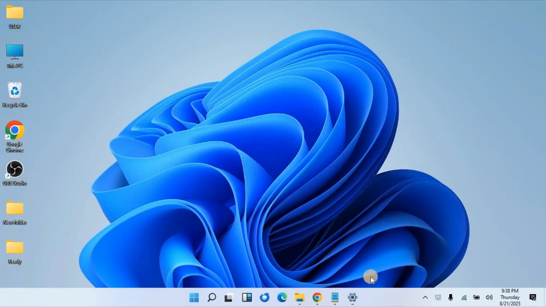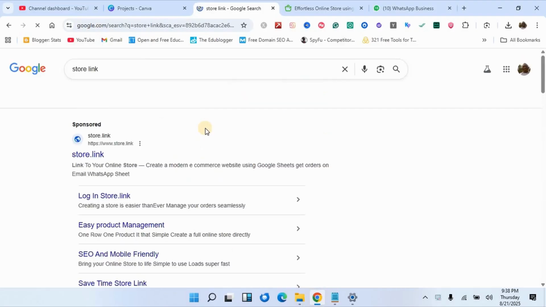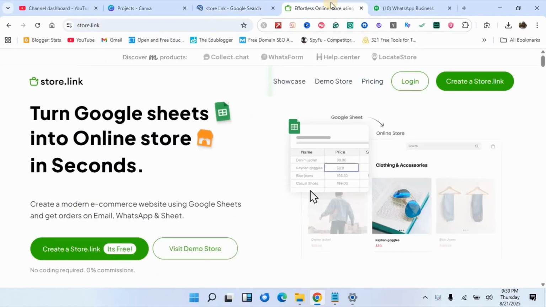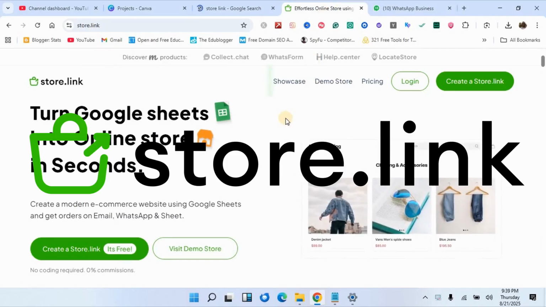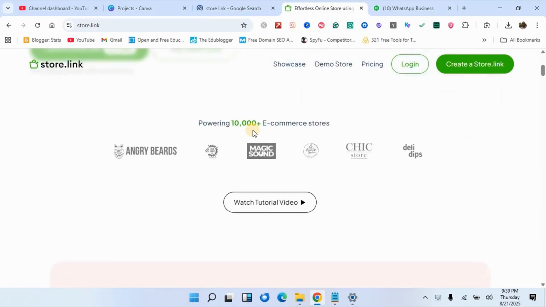Turning onto my computer, the very first thing I will do is to open Chrome. Then from Chrome, I will enter this keyword, Starlink. Press enter from the keyboard and wait for it to load. From here, I will have to click on the first link in order to open Starlink. Here is Starlink. When you get to the Starlink website, you will see that they have a lot of features here,